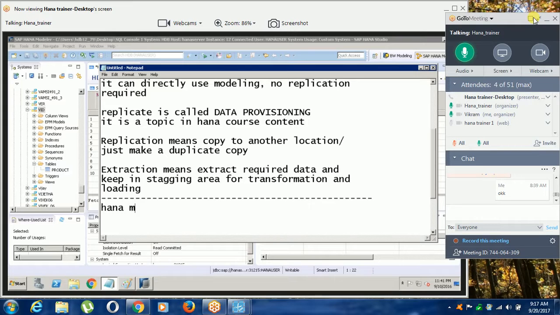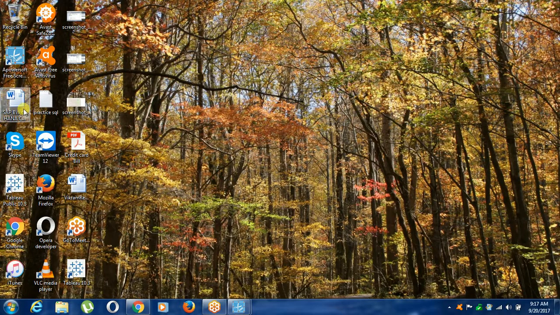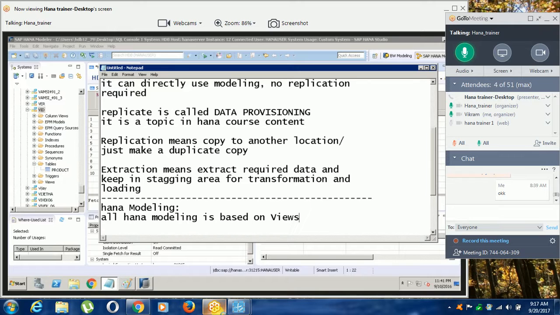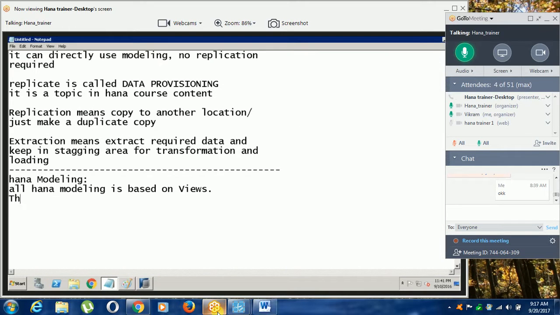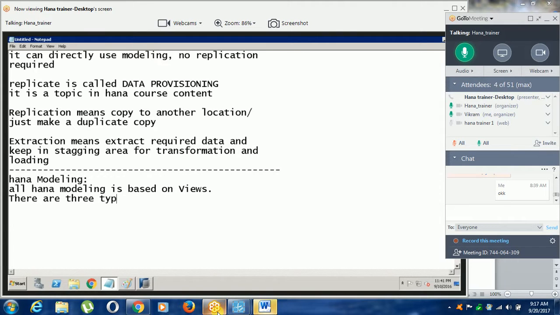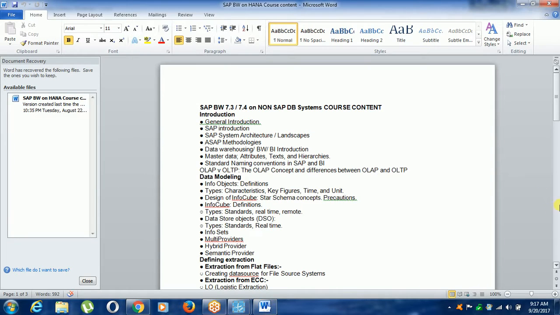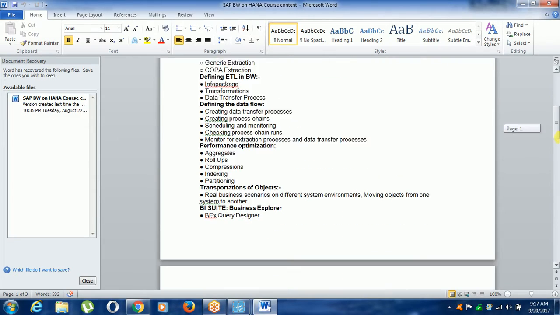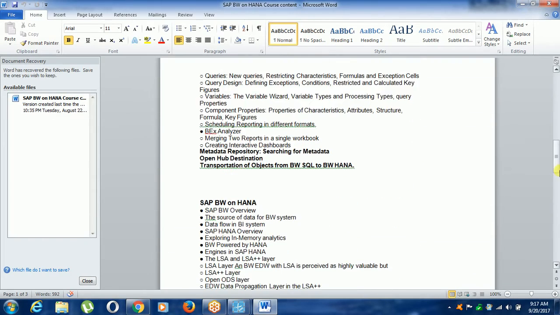So I am explaining HANA modeling. All HANA modeling is based on views. There are three types of views. The first view is called the attribute view.